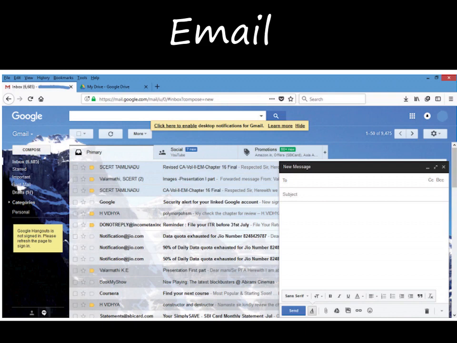Likewise here also the subject is there. If you are writing a leave letter, you will write in the subject as leave letter. If you are writing a letter for a job, you will write requesting for a job or searching for a job. The main subject of the mail will be written in this Subject field,